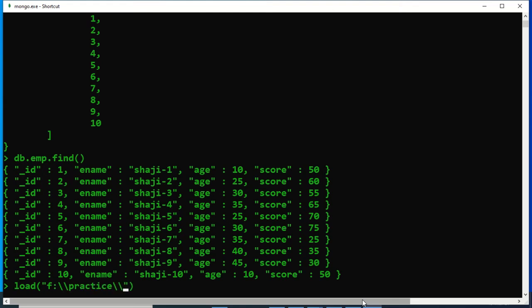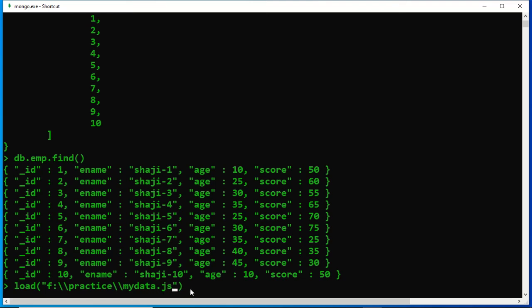Every slash should be followed with a double slash, or whatever slash you have. Then we have mydata.js, correct. So we have f:\practice\mydata.js.